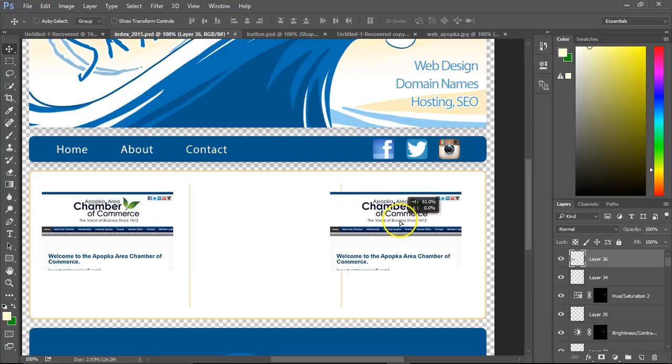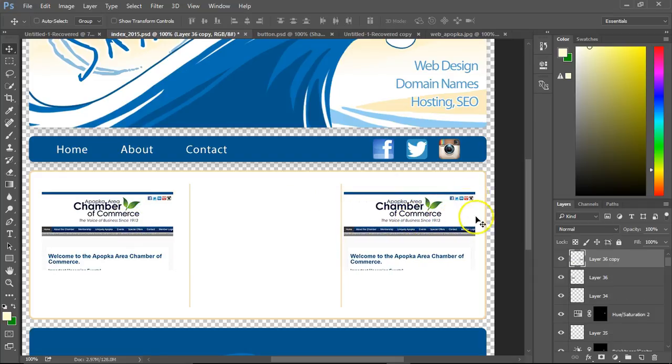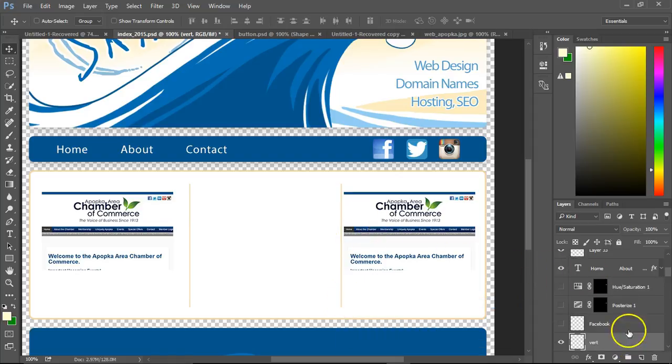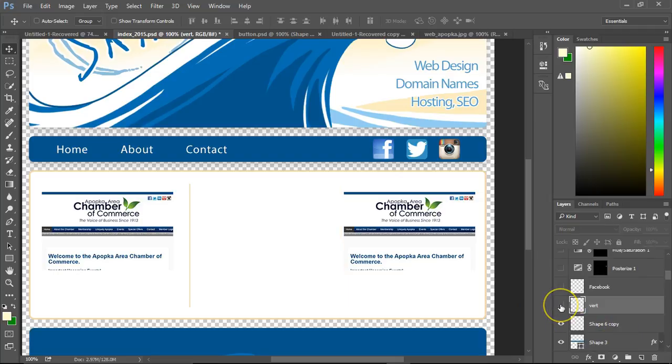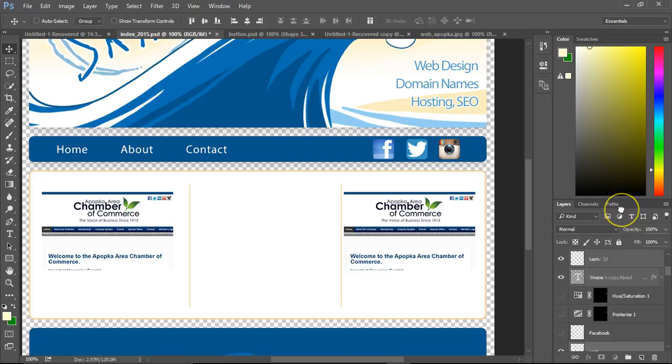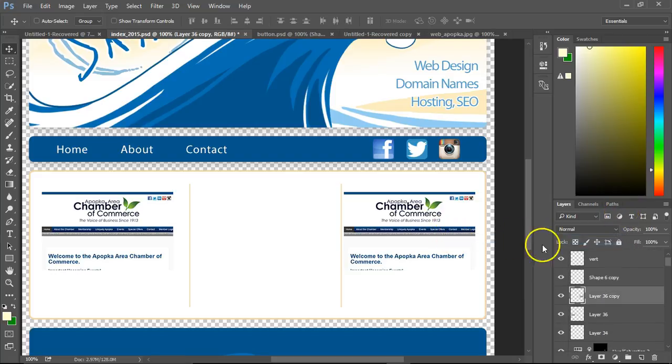Then I'm going to drag this one over and put it close to the edge so I have the same amount of distance on both sides. I'm going to turn the verts off. I'm going to, let me see, do I have, okay, they're both right there. I'm going to bring that to the top so I can find them. Where are these? Okay, they're right underneath them. Good. I'm going to turn these off,